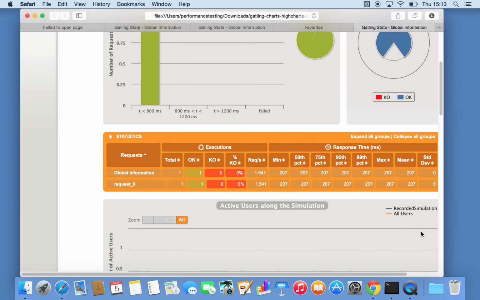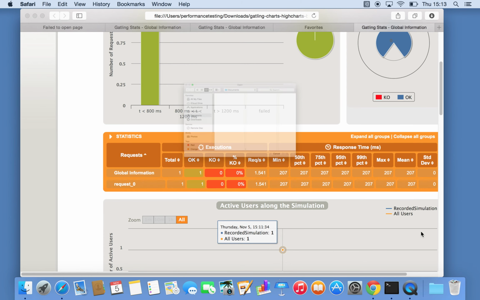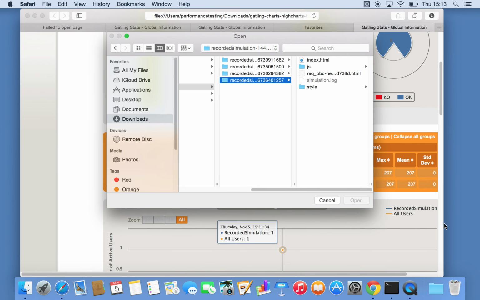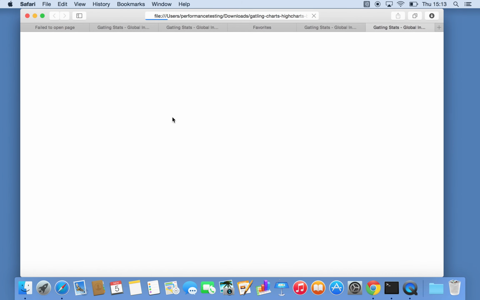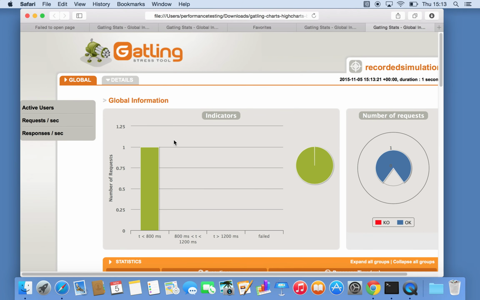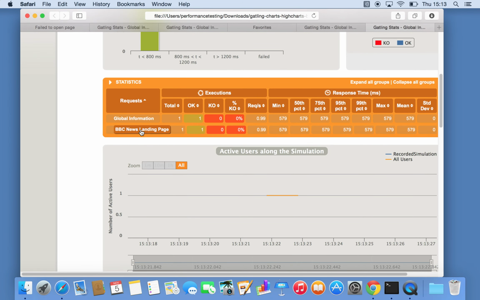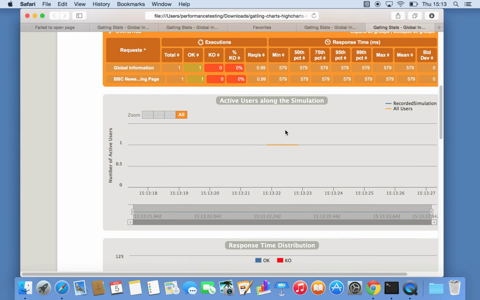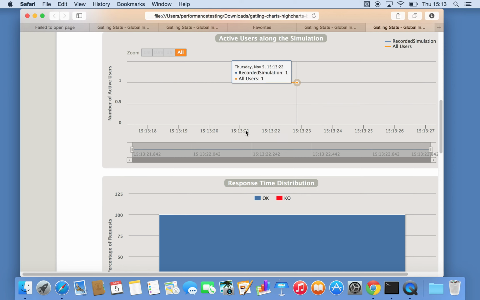Okay, so if we now open the new result, hopefully the naming is a bit better this time, and it says BBC landing page took 579 milliseconds. Right? Okay,